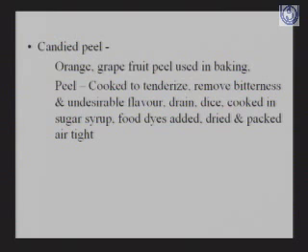Then the water is drained, they are cut into different shapes and sizes like dice, then cooked in sugar syrup in order to make a candy type of peel. Sometimes murabba can be made or it can be dried, and food dye is also added to have beautiful colors. Then it is dried and packed airtight in a container so it cannot be spoiled and can be kept for some time for the next seasons, and this candied peel is used in the